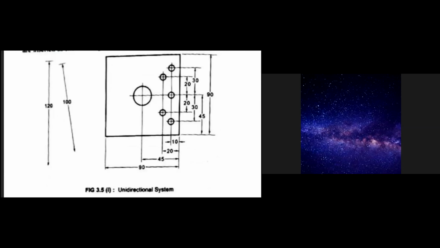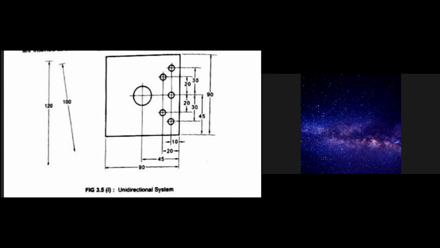We write it to be read from only one side, that is from the bottom side of the given figure, and we write the dimension value at the center middle of the dimension line. So we have to break the dimension line, and within the gap we write the dimension. See here in this figure, like this, 90, you can write in the middle of the dimension line, 45. If right side dimensions are there, you have to write them only from the bottom side, not from the right side.